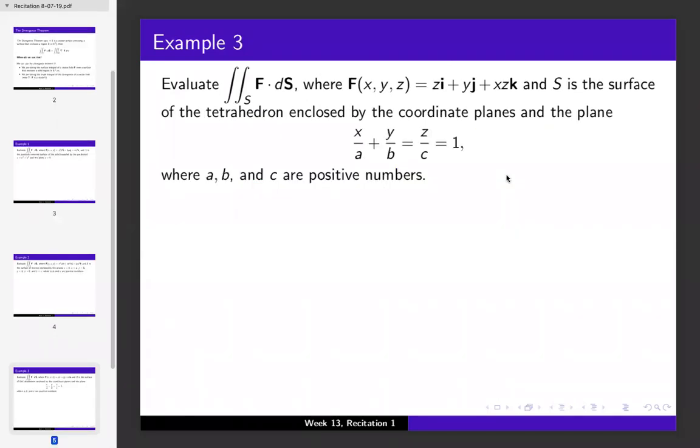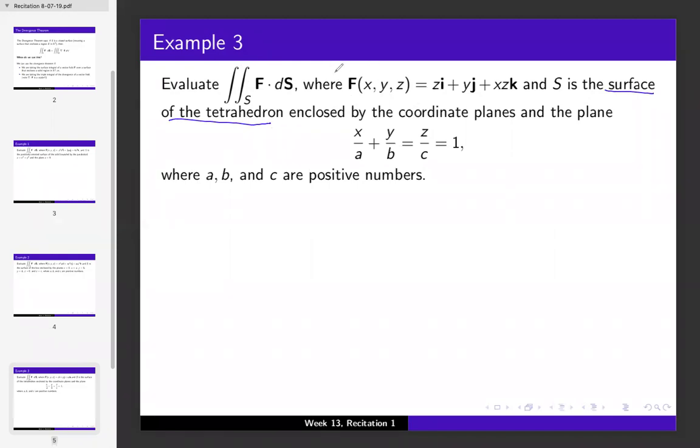All right, so sort of in a similar vein, dealing with an arbitrary kind of surface, what we're dealing with in this case. So what if you want to take this double integral over this surface? In this case, your vector field is zi plus yj plus xzk. S is the surface of the tetrahedron, and tetrahedrons are traditionally considered to be solid objects, but in this case, we're talking about the surface of the tetrahedron, so we're only looking at the surface of the thing,